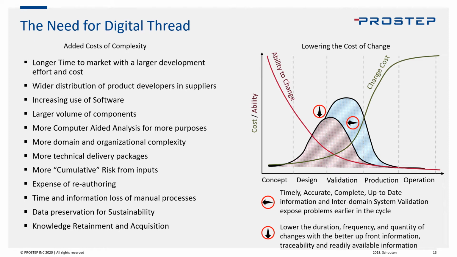And so what we're finding is that if you build the digital thread, you can validate these components and these systems earlier on, and then also have that data available later for sustainability. And that's going to lower your overall costs by exposing what those issues are earlier on in the cycle, allowing you time to correct those. And then lowering the overall cost of what these products are and the overall sustainability costs because you have the engineering intent of all this stuff, which is really important.